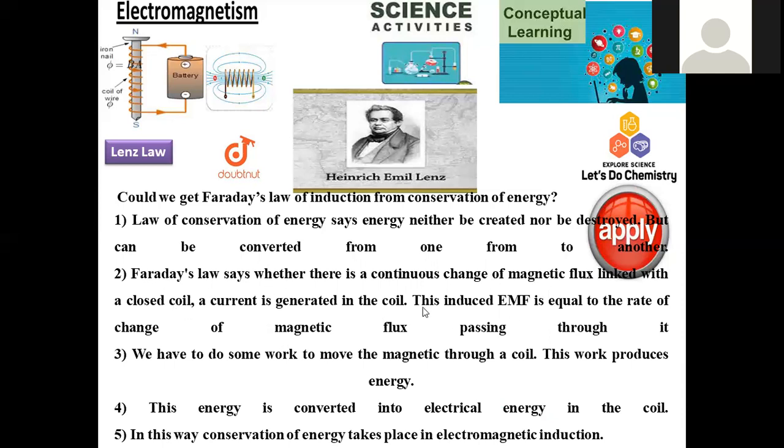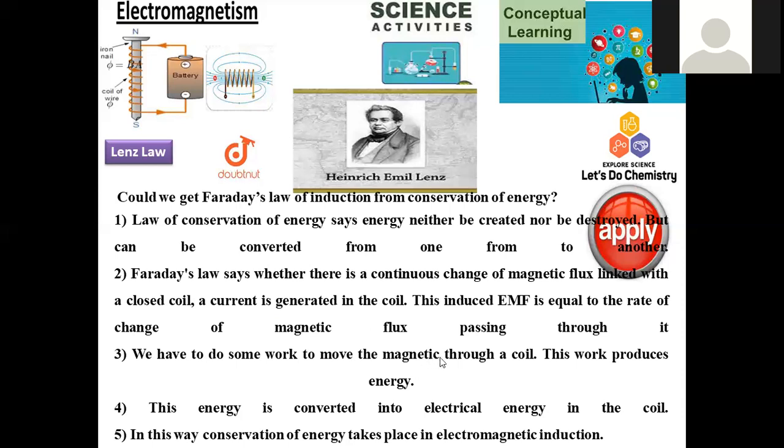And Faraday's law gives that with a continuous change in the magnetic flux within a closed coil, current is generated within the coil. Because the closed loop is induced with electrical current when the external magnetic field is nearing, the flux variation is used to induce the magnetic field and the electrical current as well within the closed container. That interrelation was given by the scientist called Faraday. So that magnetic flux variation in turn generates the induced electrical current within the system.